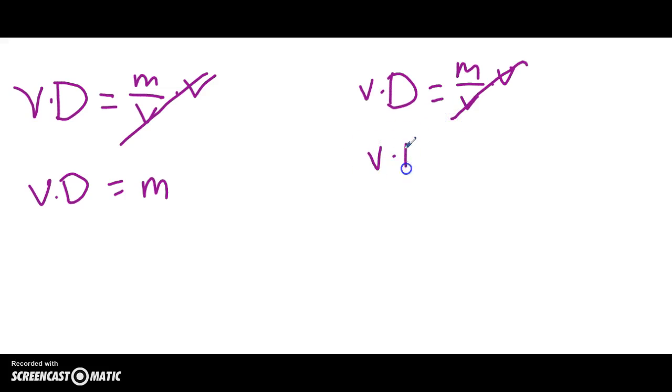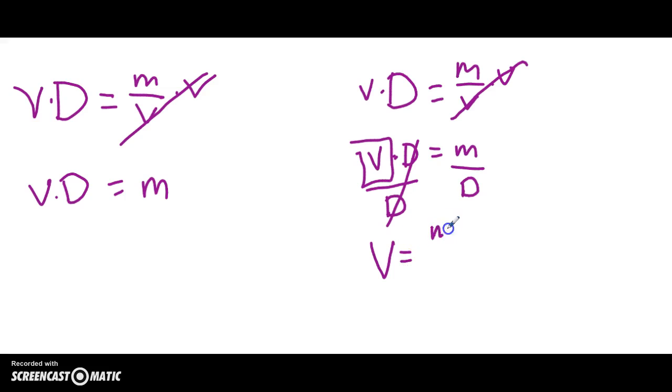I get volume times density is equal to mass. Still doesn't help me because I want to isolate my volume. So what's being done now to that equation? It's being multiplied by the density. So I can divide by the density. That cancels out my densities over here, and